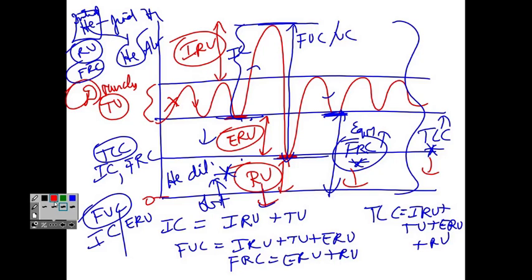And which one is not dependent on muscle effort? Tidal volume, I told you, needs muscle. IRV and ERV need muscle. Residual volume. Many of you tell me residual volume. What's the definition of residual volume? Air remaining in my lungs after forced exhalation. And I use muscle for forced exhalation, not that. The answer will be FRC. Because FRC is the air in my lung after a passive recoil, which is independent of muscular effort.